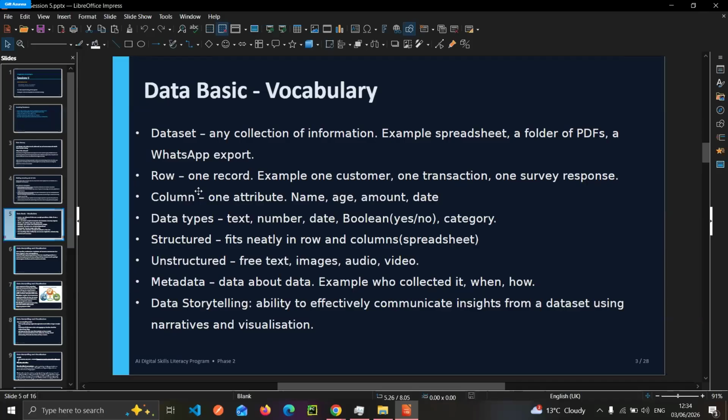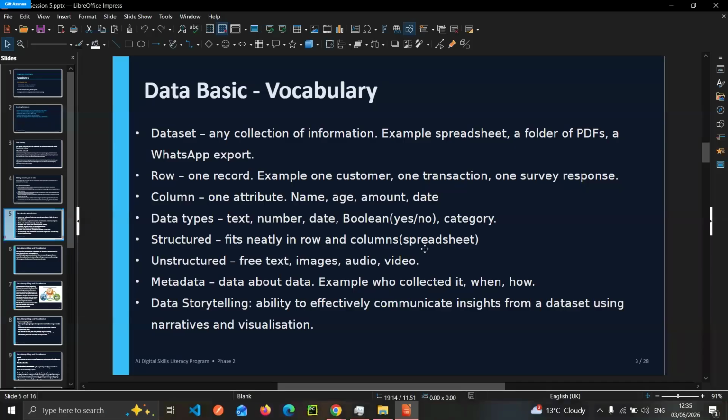And for the word structure, in the context of data, when we hear the words structured data, it's more of the format or the nature of the entire data set. And here we say that it fits neatly into rows and columns. Most of the time, structured data sets fit into rows and columns. So when I say I have a structured data set, I'm indirectly saying that my data fits neatly into rows and columns. Basically, that is the most common form of a structured data set, fitting in rows and columns.